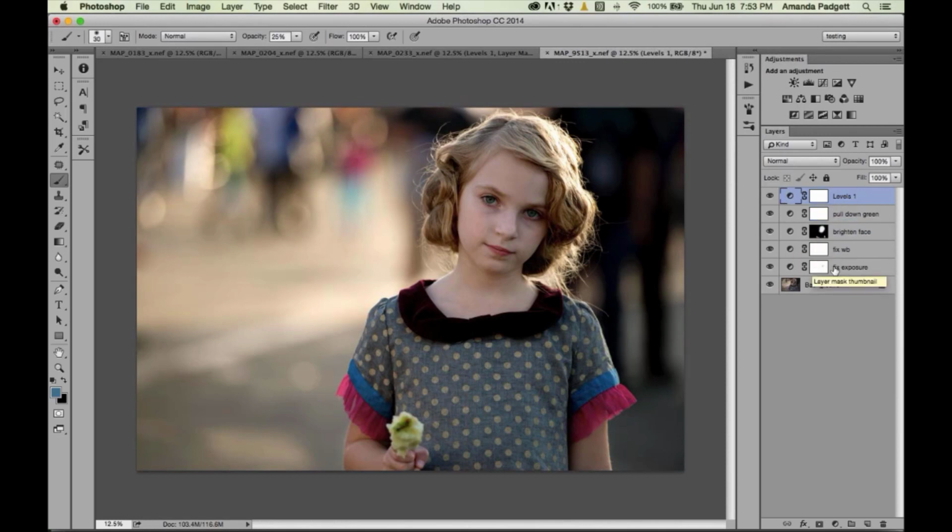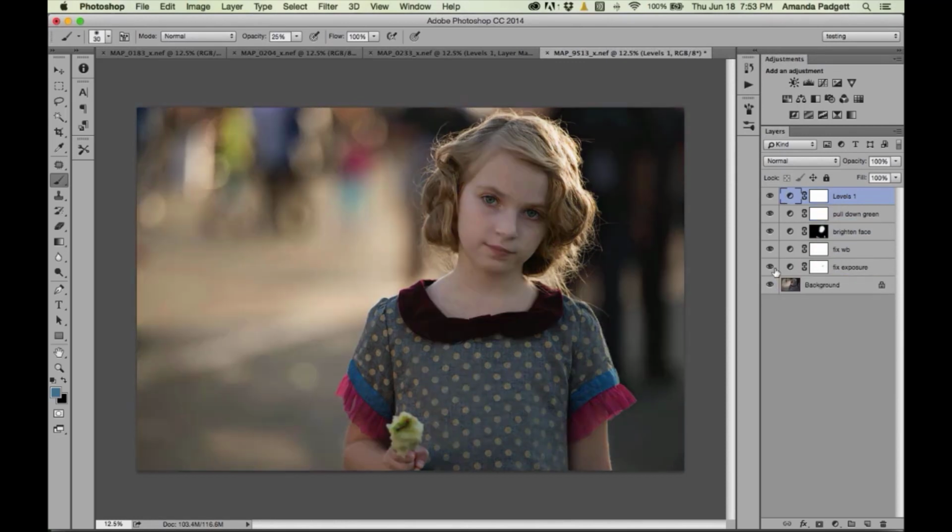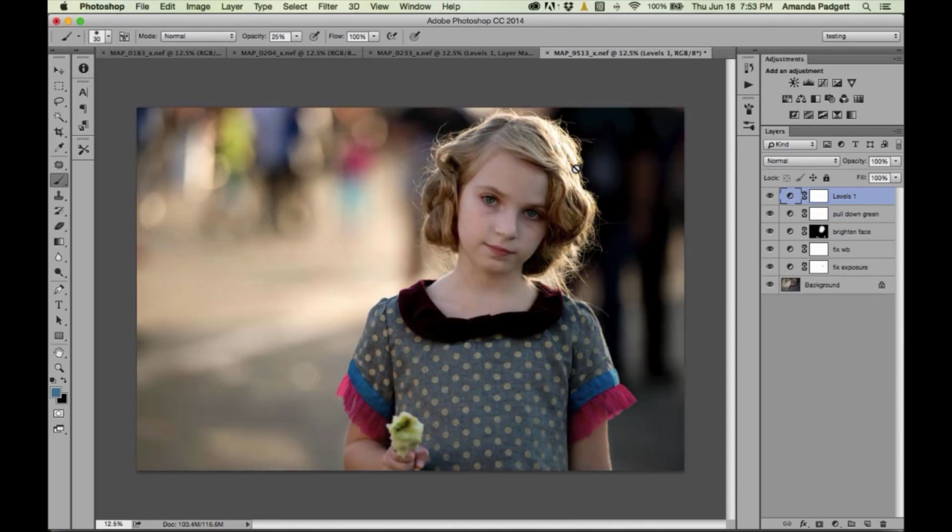That should be nothing. All right, so when we fixed exposure, we really brightened. So if we want to try and save some of the hair here, we can come back to the mask and use a brush that's black. Okay, we got a brush. I'm going to hit X on my keyboard, and I'm going to increase the brush opacity. That's how much I cover up. And so if I say I want to cover up a lot of this,